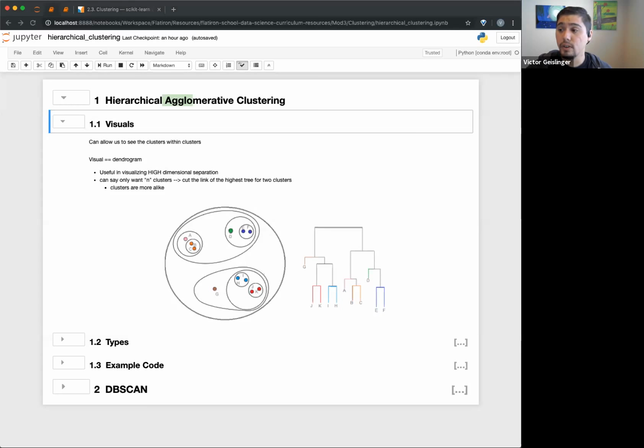Well, what you do, you basically just start from the very top and say, all right, let me go ahead and get rid of this grouping right here. And whatever groups are left, in this case, there's 2 groups. Then it's like, well, I don't want 2 groups, I want 3 groups. Okay, let's go ahead and cut off the next part right here. This is the next tallest one. And you can see, now I have this group here,